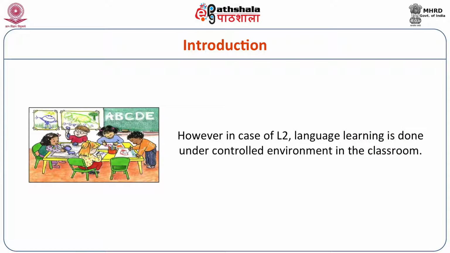However, in the case of a second language, learning is done under the controlled environment of the classroom. So when he acquires language, it is coupled with learning, because classroom interaction plays a very important role